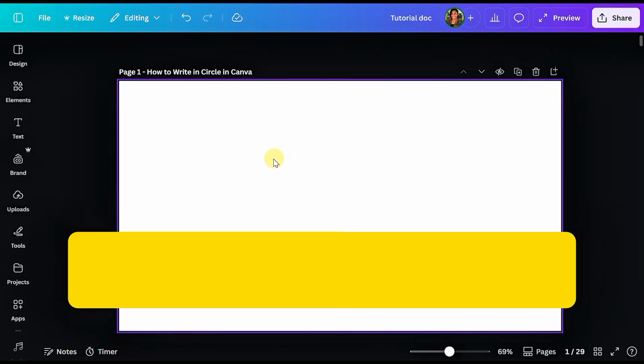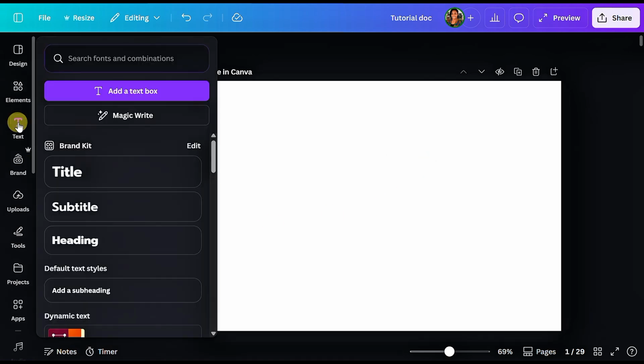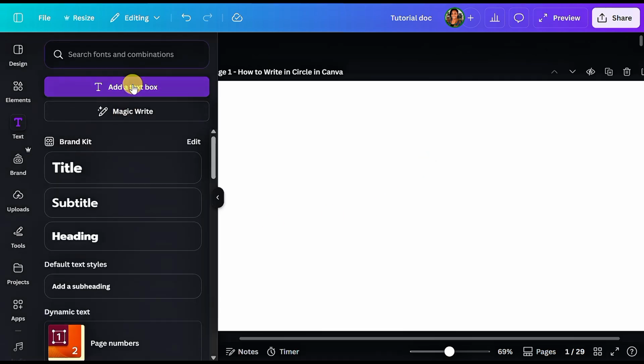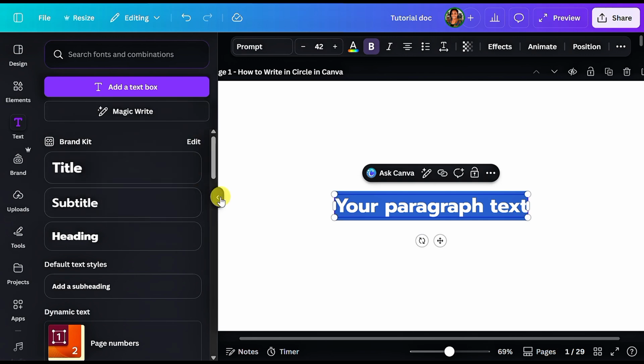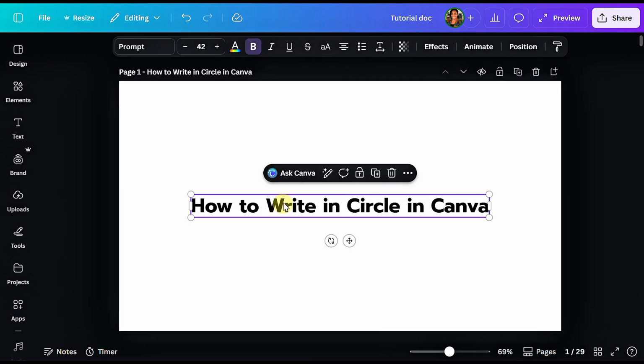To write in a circle in Canva, you want to open your design document. I have mine open and we are going to go into the text tab here and click on add a text box. I'll paste in my text. Now that we have our text in this text box, to turn it into a circle, let's go over to